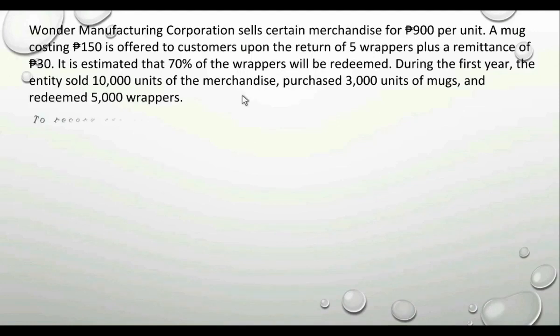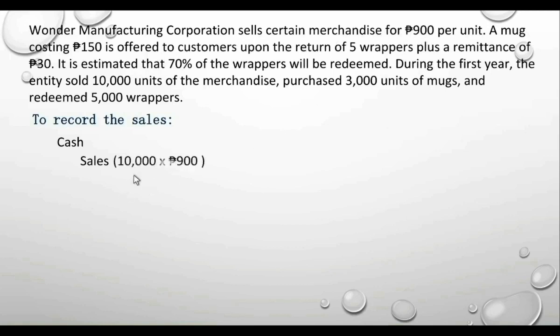Therefore, to record the sales, debit cash and credit sales. For how much? 10,000 units sold multiplied by the selling price per unit of 900 pesos equals